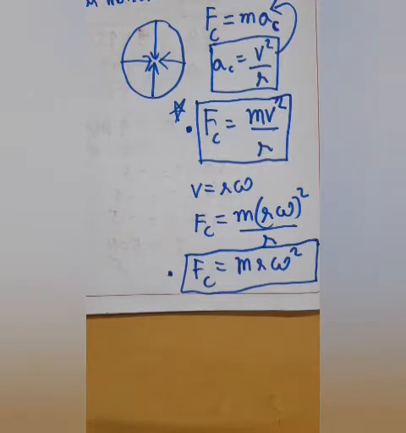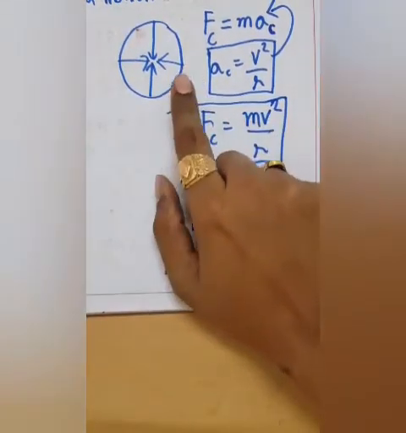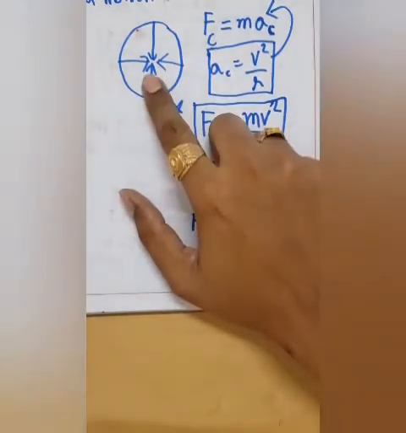Okay. Now let us discuss the dynamics of circular motion. This is the last part of the chapter. So dynamics means something related to motion, and circular motion you already know, when a body moves in such a way that its distance from a fixed point always remains same, then it is said to be in circular motion. Okay. So here you can see that a body is performing circular motion, and its acceleration is directed inwards.